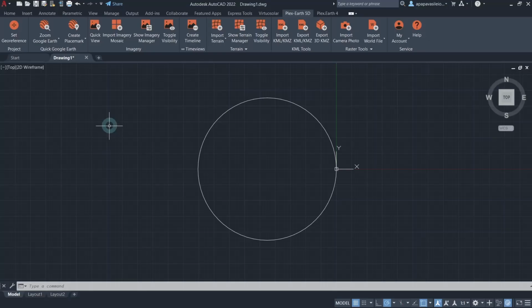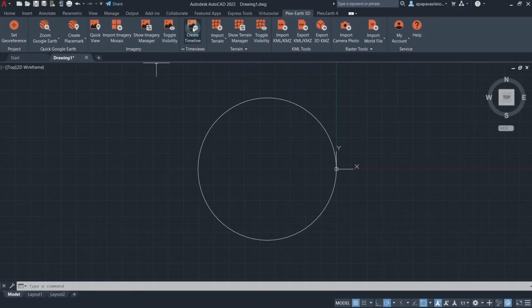Please remember that Plex Earth Lite is required only if the user hasn't saved the imported Plex Earth images locally to a computer. In these cases, either the user prefers to retrieve the images from our servers for smaller file sizes, or the terms of use of an imagery provider might not support local storage of their content. Let's see that in more detail.